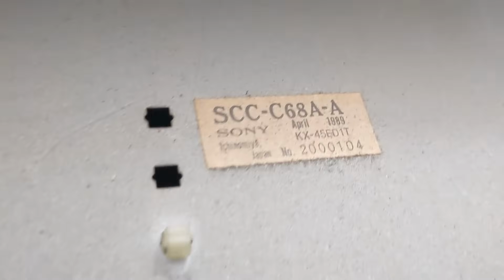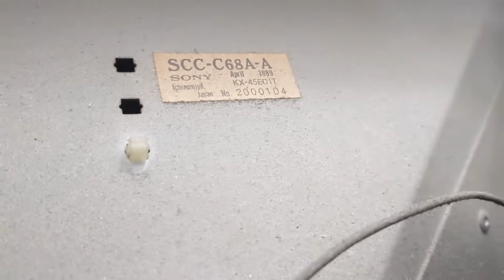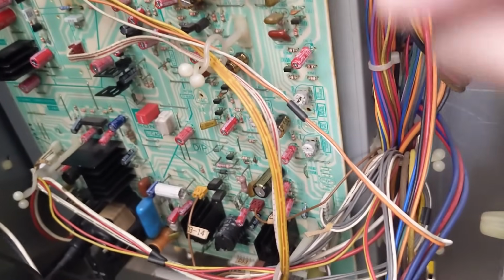Oh, here's another fun fact. If you look there, it was made in 1989. You'll notice that the serial number here is 104, but everywhere else it says 103, which is kind of interesting. Like on the back and on the sides, which I have torn off right now. So this right here is deflection board 3, and this was where our problem was